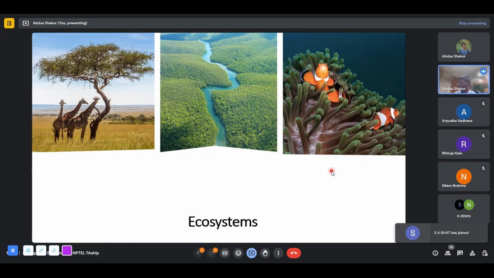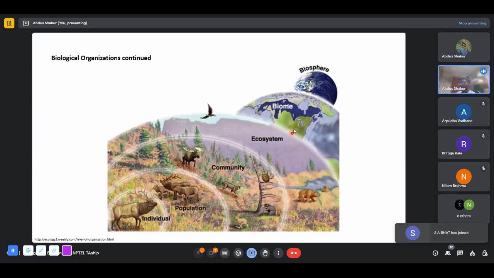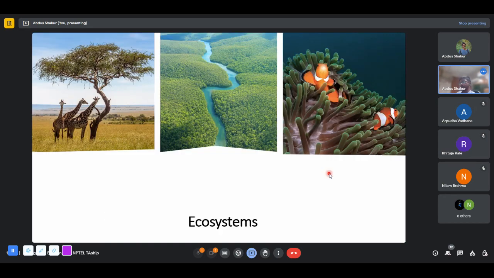So let's just have a look at different types of ecosystems and biomes, because these are something that communities and populations change with, the species or the groups you generally look at. So let's look at different types of ecosystems. For instance, we have terrestrial ecosystems, most of these ecosystems that are on the land,